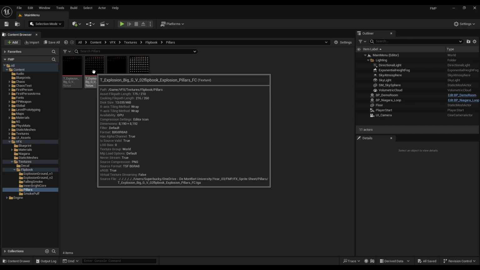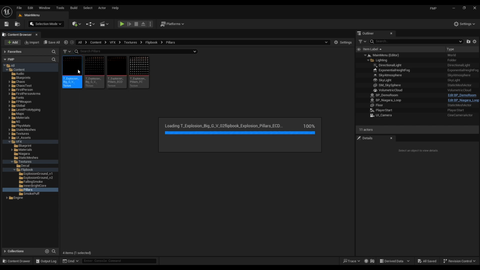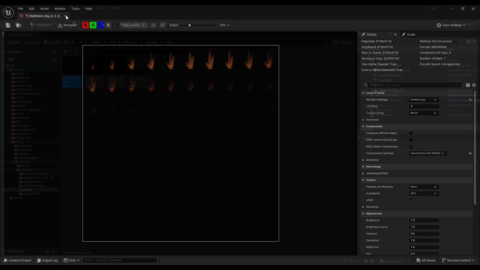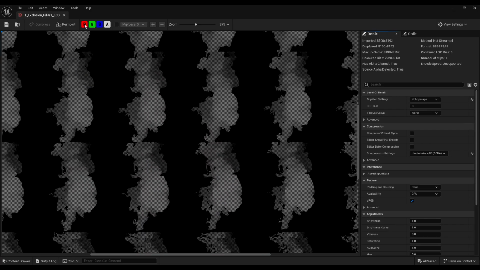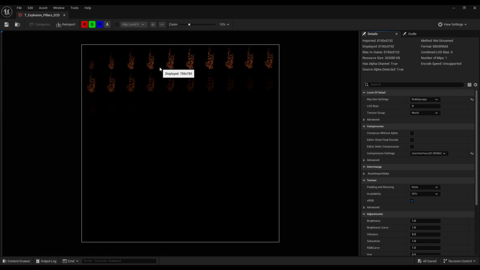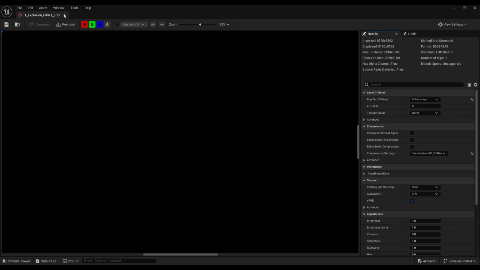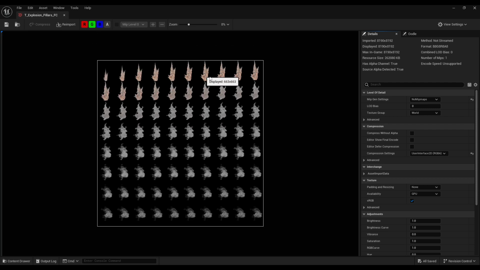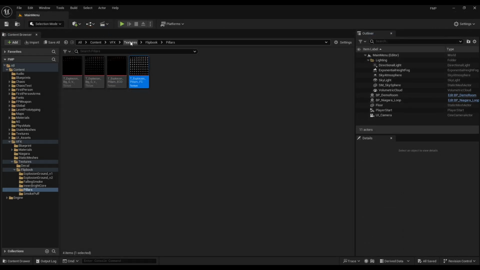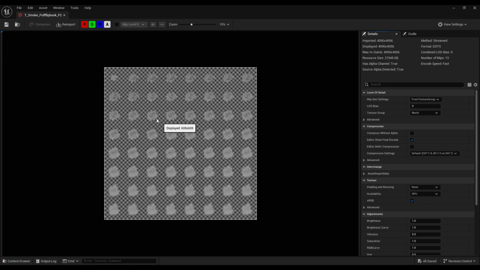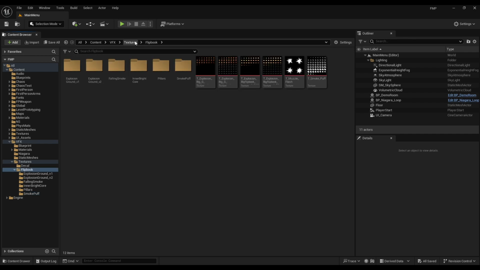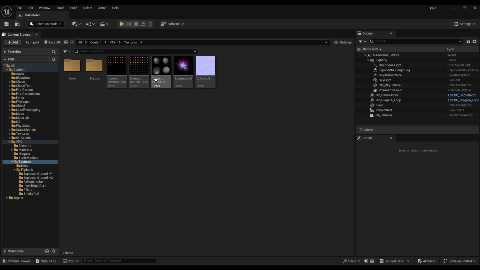And these are the pillars. I think this is the high-res one. And this is the smoke puff. So I rendered out all these flipbooks and used them in the